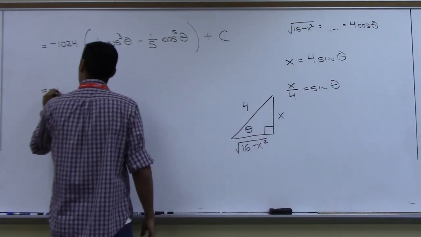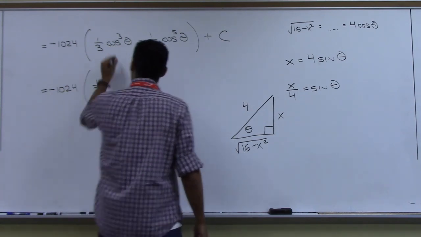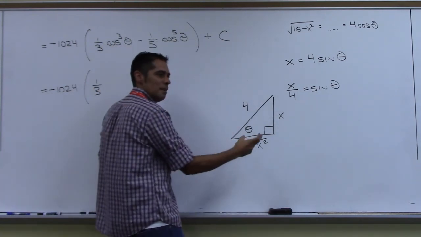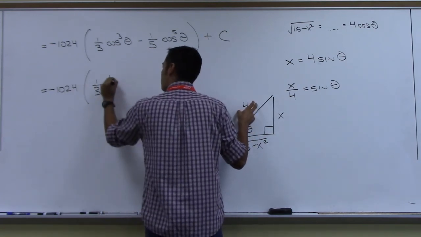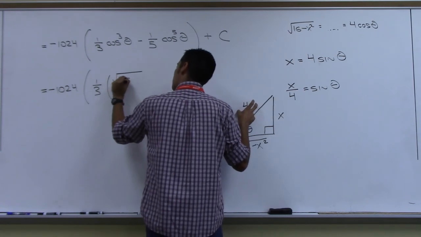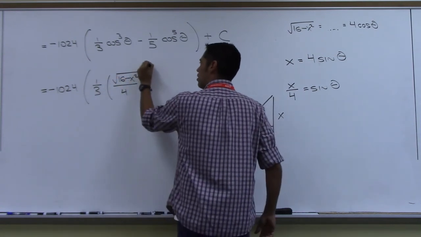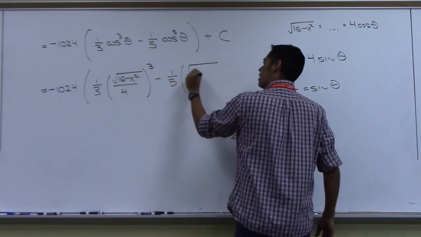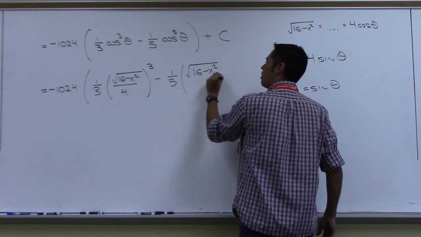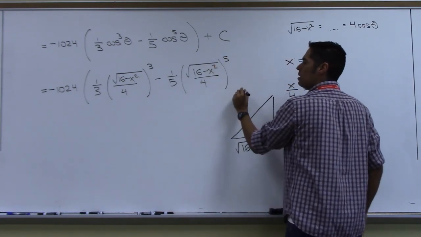Look, we've got negative 1024 times 1/3 cosine theta, which is root 16 minus x squared over 4, cubed, minus 1/5 root 16 minus x squared over 4, now to the fifth, and then